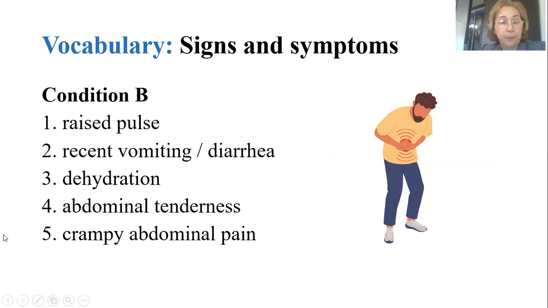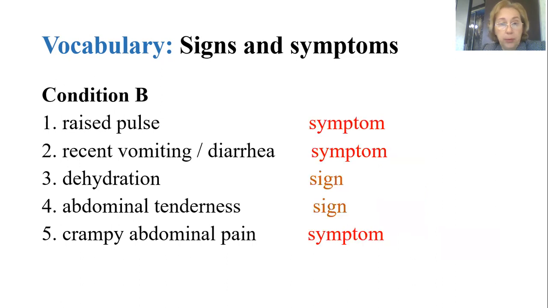Yes, okay. Raised pulse. This is a symptom. Recent vomiting. It's a sign. Dehydration is a symptom, and abdominal tenderness a sign, and crampy abdominal pain, I think it's a sign. You think so? Well,